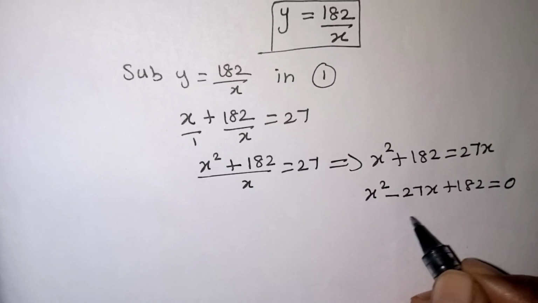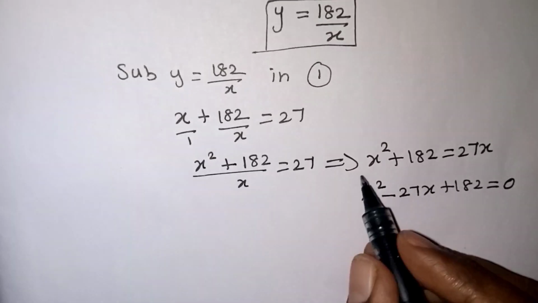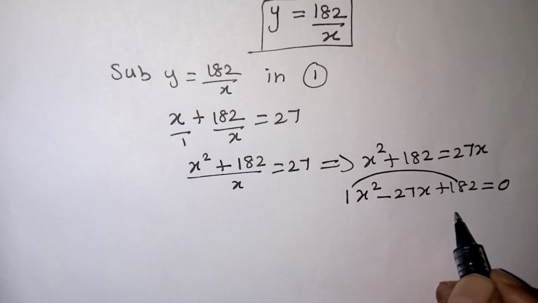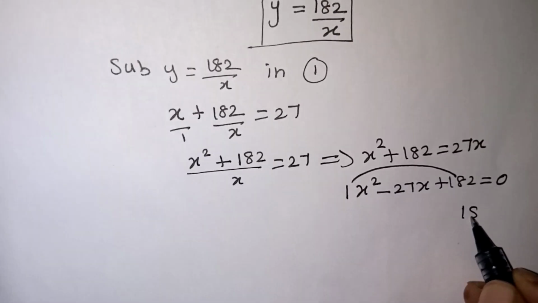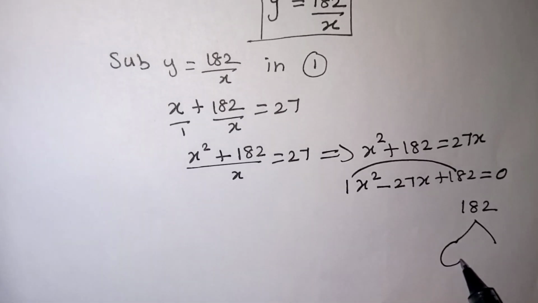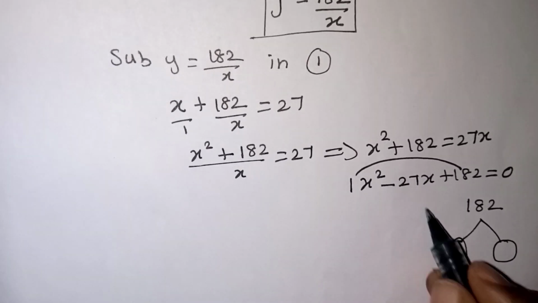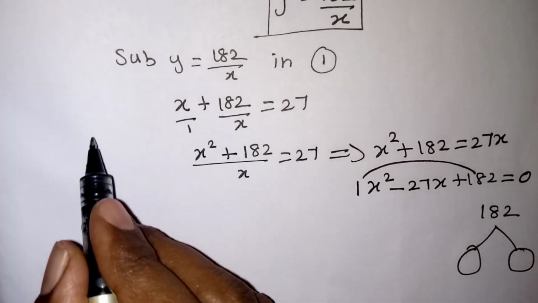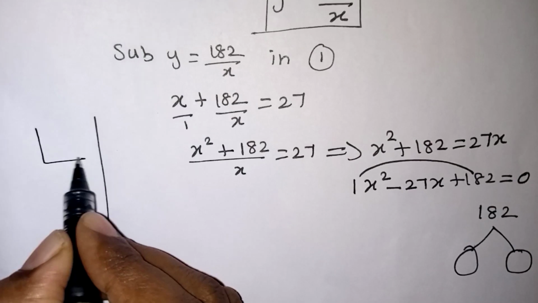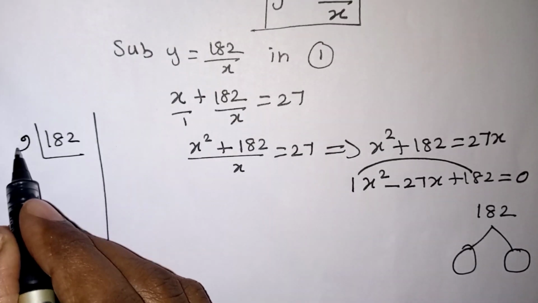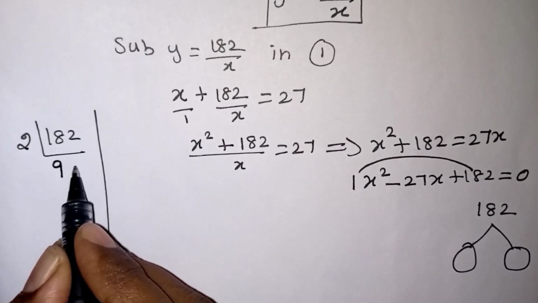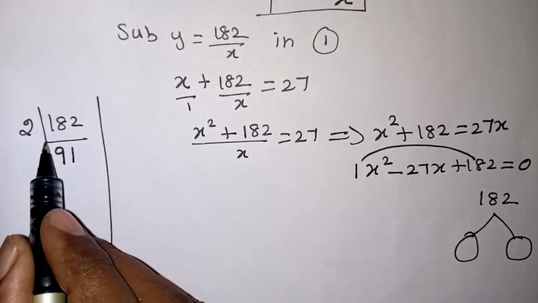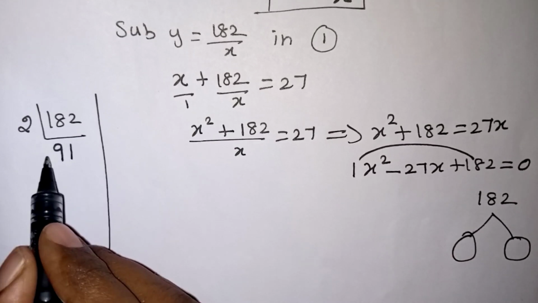Here we need to find the factorization. If you are multiplying 1 and 182, 182 will be the value. So we need to find two numbers such that the multiplication should come to 182 and the addition should come to 27. What are the two numbers we need to identify now? Here is the shortcut I am going to give you. For 182, just do the prime factorization. 2 table I am taking. 2 9s are 18, balance 1. 91 2s will come, but 27 addition is not possible. So 91 is in which table, we just think over it.